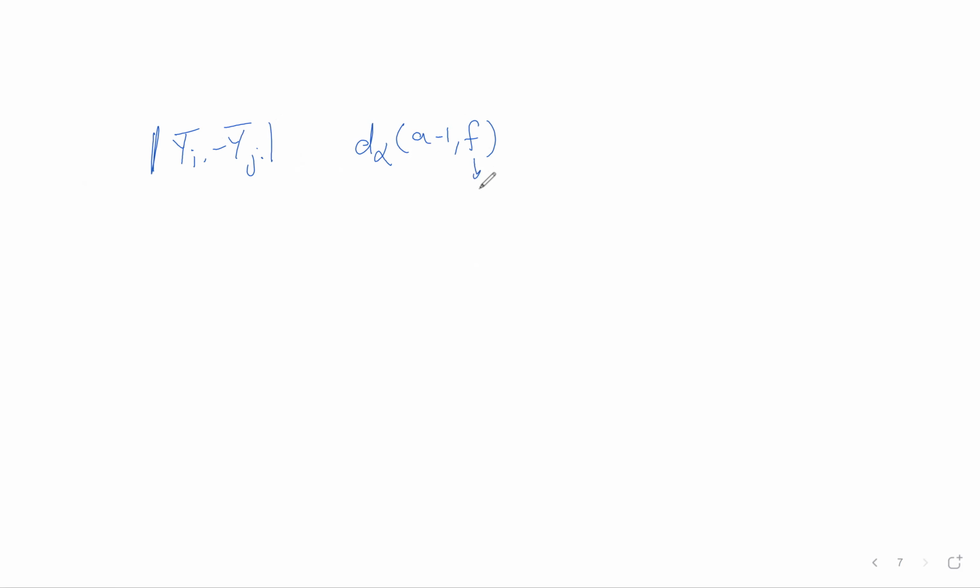F is the degree of freedom of error, which is big N minus A, and A is the number of treatments. So you go to the table, there are two tables, one for 5% and one for 1%. You select the one that matches the significance level, and find A minus 1 first row and F first column. The intersection is this value. Multiply this value by the square root of MSE times 1 over Ni plus 1 over Nj.